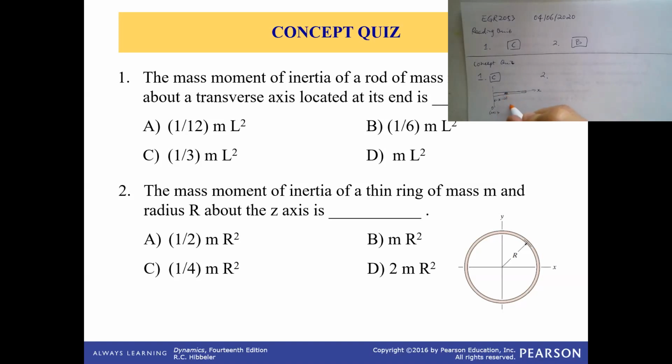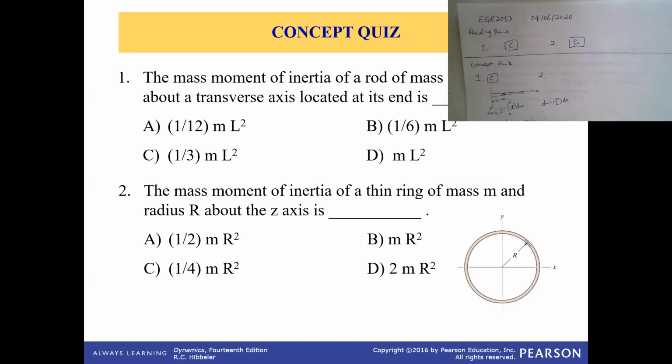So then for this small element, you'll be doing r squared dm, where r is the x, so x squared dm, and you'll be integrating from 0 to L. Now dm will be just equal to the mass divided by the whole length, that gives you the linear density, times dx. So then I equals the integral from 0 to L of x squared times m over L dx. Okay, m over L is the constant.